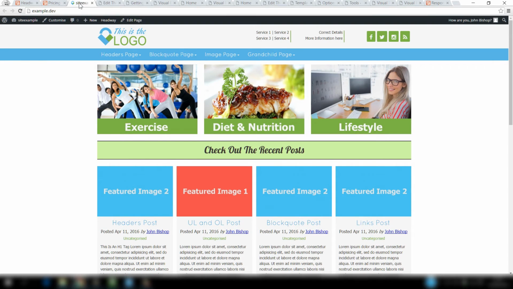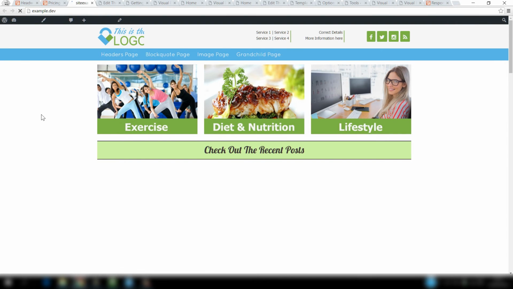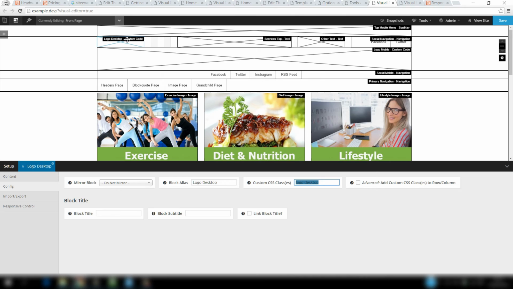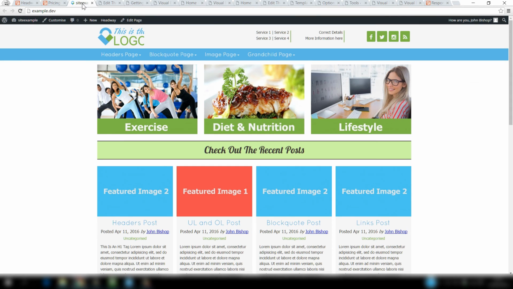We'll go to the site once more, and then we'll click on refresh. And you'll notice that the logo then goes smaller. The reason for this is because in the visual editor, we haven't actually got this logo block set up wide enough. Now, if we were to make this wider and then click on save, we should be able to rectify the problem. So we can go back to the site, click on refresh, and you should notice that the